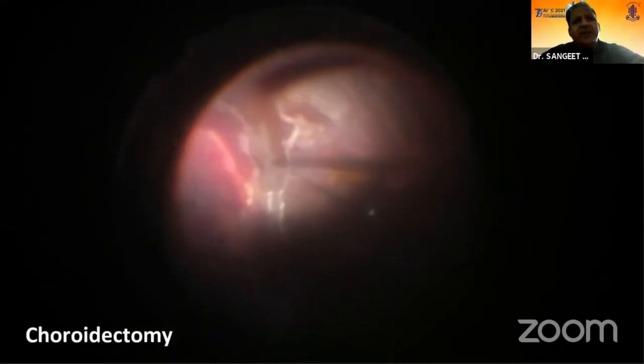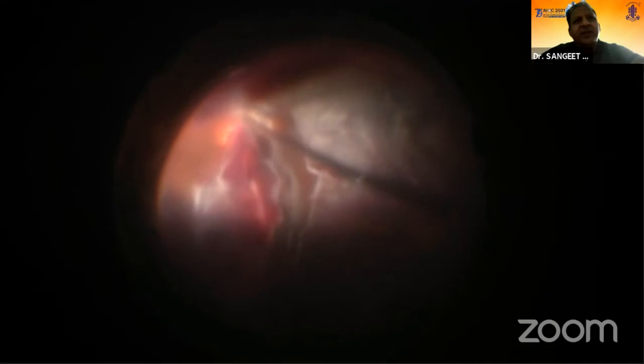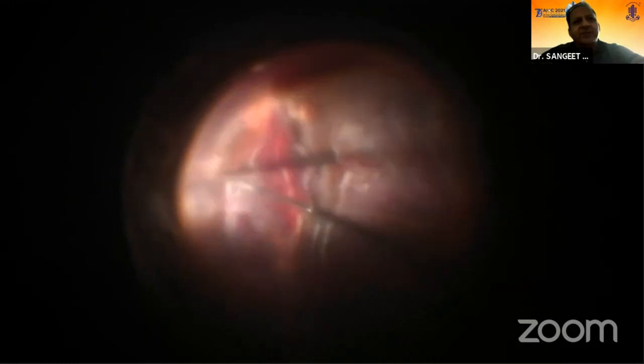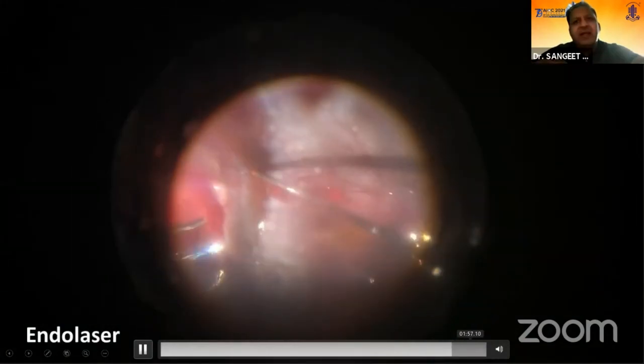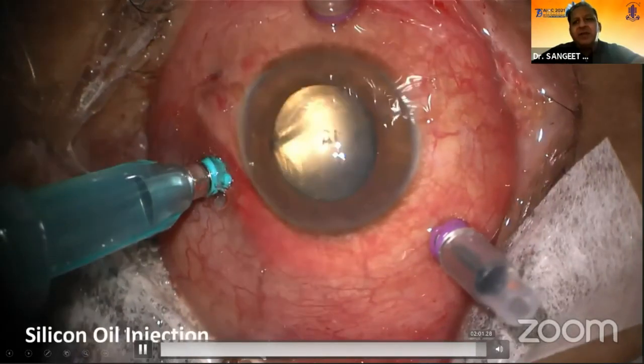along the retinectomy edges, we just created a 1 millimeter zone of choroidectomy. We just did a small strip of choroidectomy around this incarceration site, about 1 to 2 millimeters all around. And again, after that, the retina was settled, the laser was done, and silicone oil was used as a tamponade.